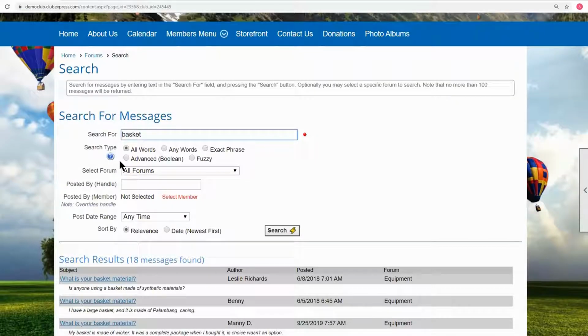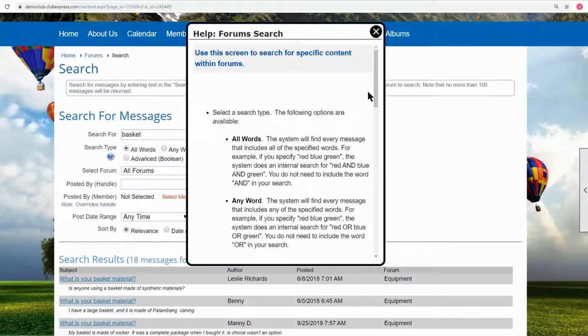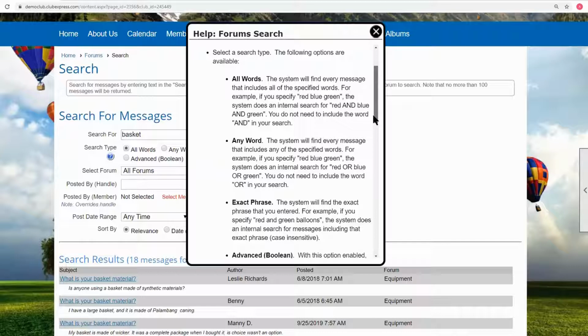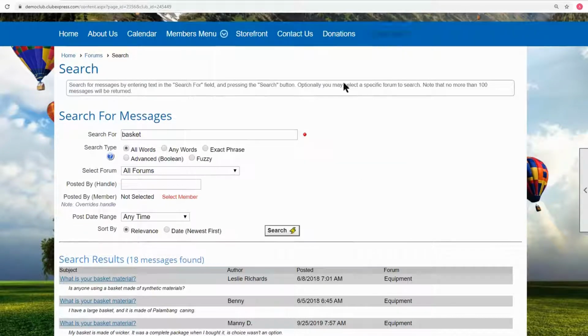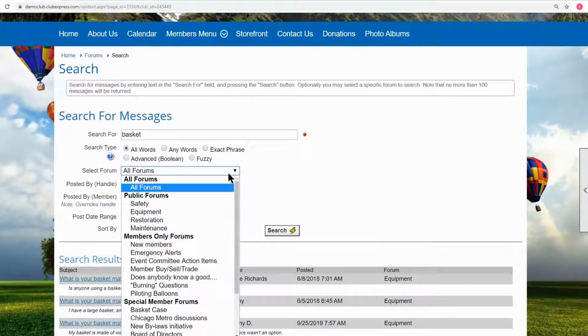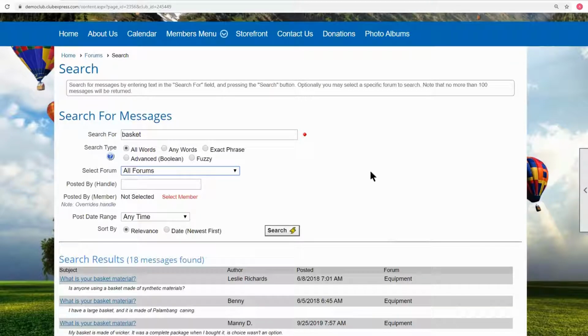Now, worth noting is that if you click on this search option help, this is giving you some information about the kinds of things that you can do. You could be searching for all words, any words, an exact phrase. You could do Boolean search, things like that. You can also select if you want to look at all forums or just within a particular forum. So search is actually pretty useful.